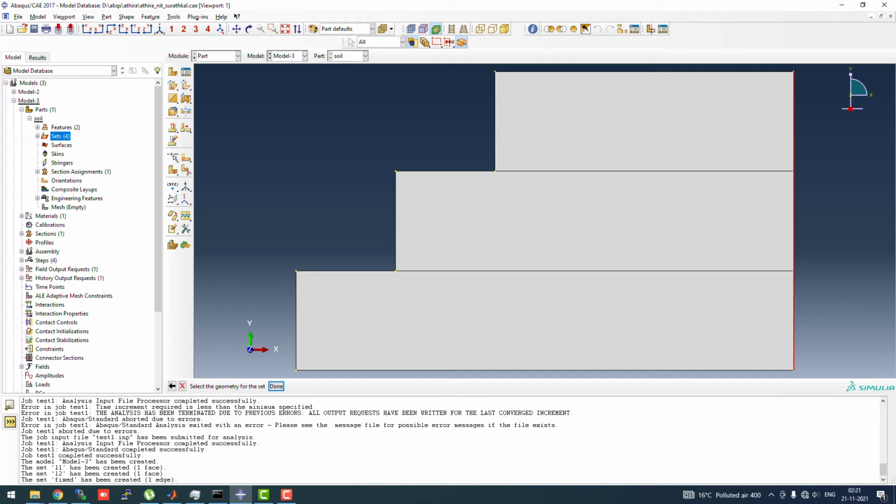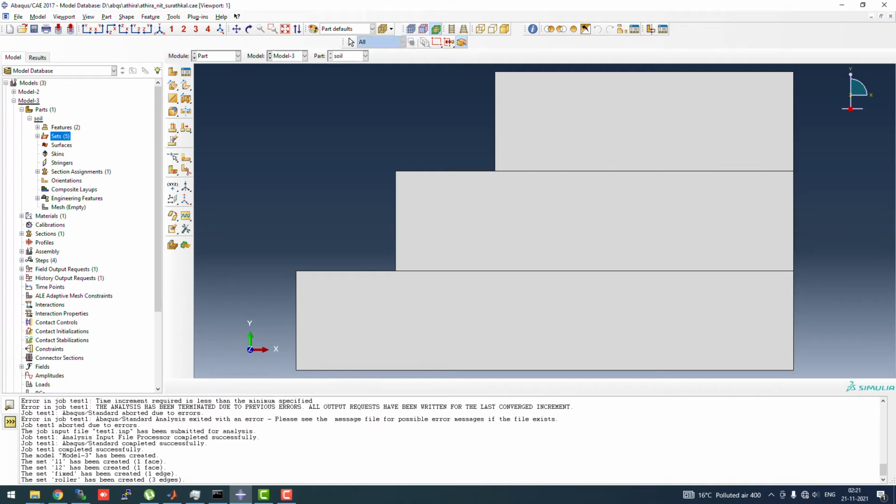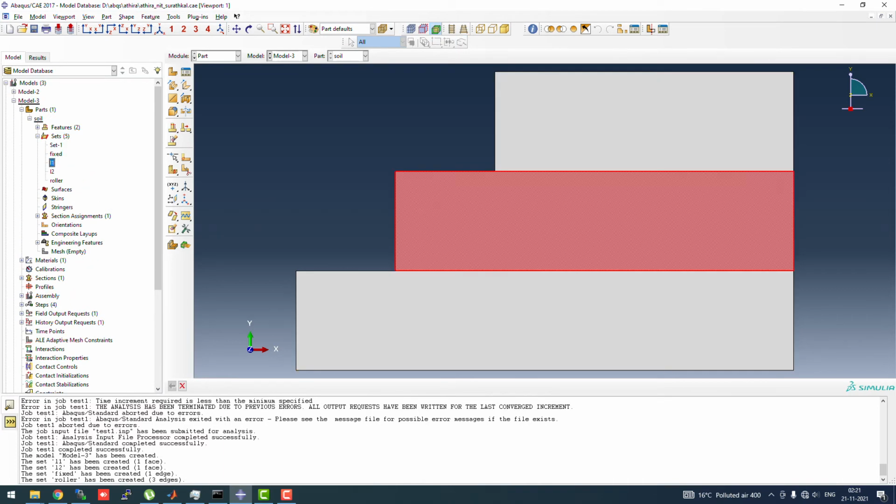What you can do is select the middle layer. One more thing which you can do is that you can apply a roller boundary condition as the step progresses, but it doesn't basically change anything. So we have our sets fixed, L1, L2, roller.